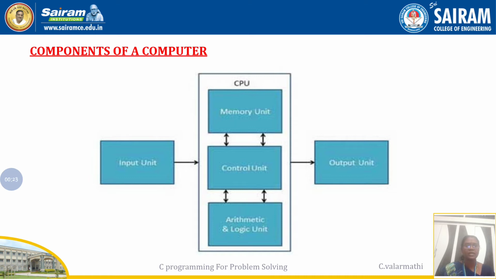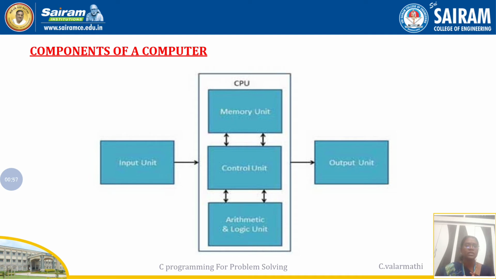So basically, if you go for a basic arithmetic operation, you will be giving one input, and after processing such an arithmetic operation you will be getting output. If you think in that way, you will have three main parts of the components of your computer. What are those? First one is the input unit, and in the center you will have the CPU, central processing unit, and on the output side you will have the output.